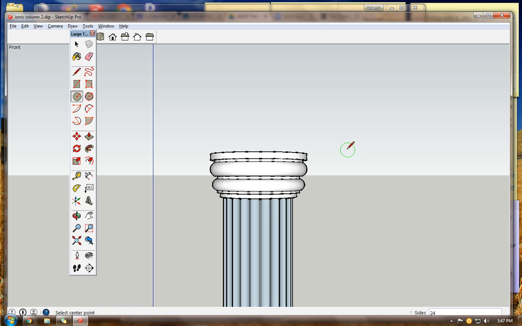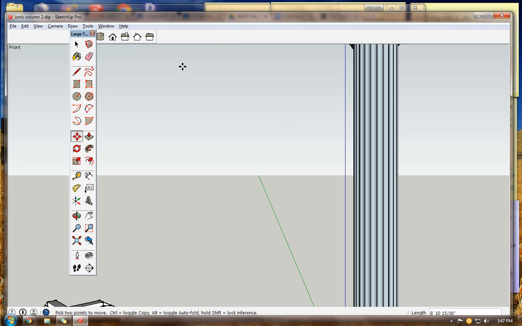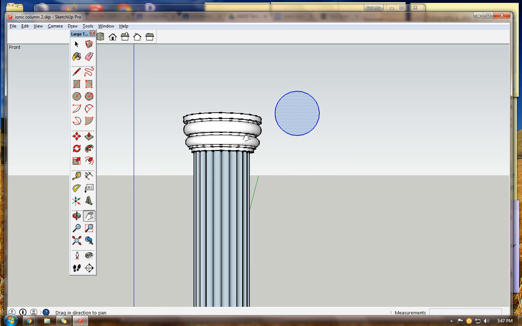We want to draw a circle in space that's approximately the size of our capital. So we need to go to the top view and move this circle so that it's exactly lined up with our capital, but alongside of it. Go back to front view, use the pan tool. Right. This looks a little bit small for our purposes,